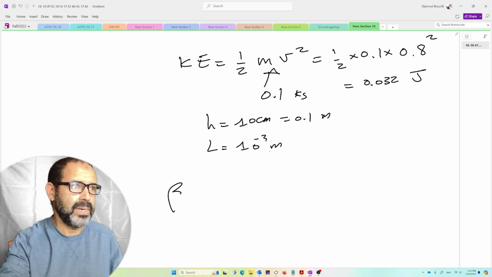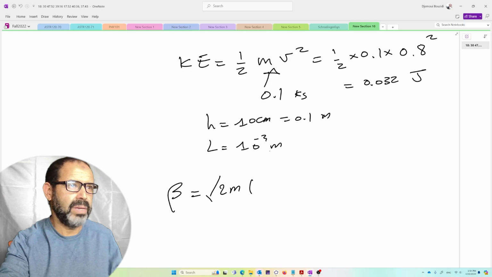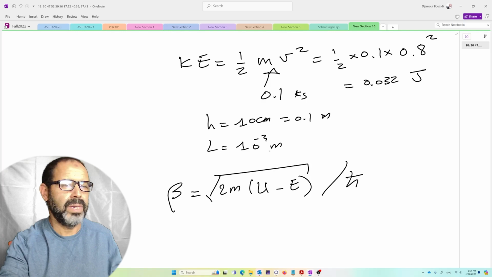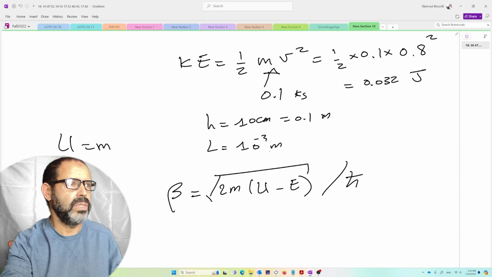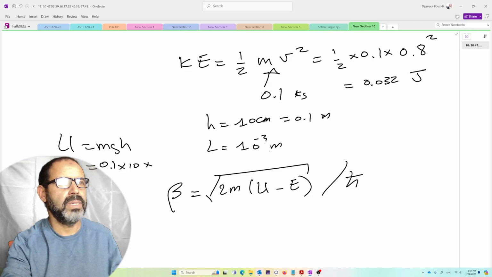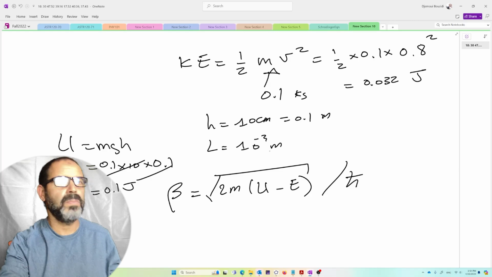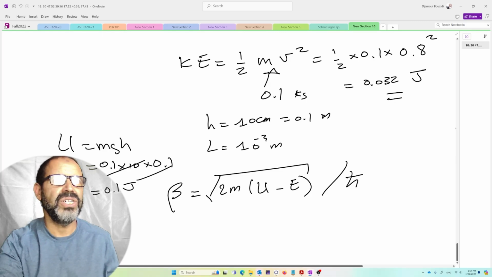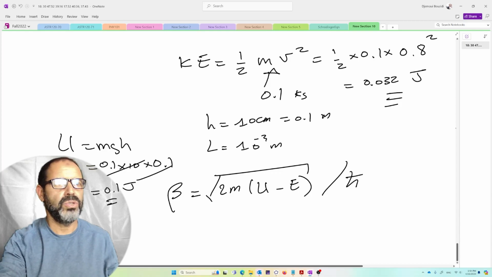Anyway, I need my beta, which is the square root of 2m times the difference in energies divided by h bar. The difference in energies, I need mgh, by the way. The potential energy is in this case due to gravity, so the mass is 0.1, g is 10, h, I said it's 10 centimeters, is about 0.1. Okay, 0.1 and 1, that's 1, so it's about 0.1 joules. That's the problem. It does not have enough energy to have 0.032 energy, so it cannot escape this shoebox, at